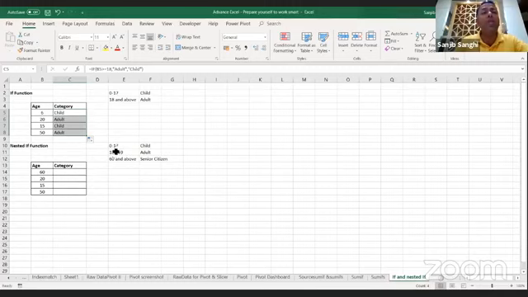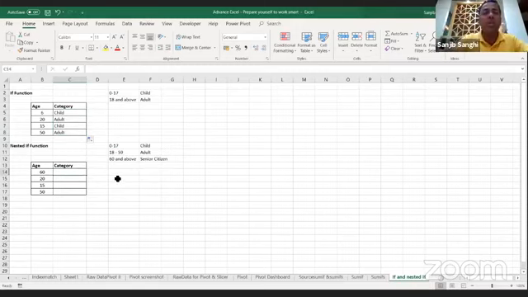And you can even do it for multiple conditions. Here, there was only a single condition. If you want to create an if within an if, so you can have multiple if commands in a single command, you can even do that. In this case, I'm trying to say 0 to 17 is a child, 18 to 59 is adult, and 60 and above is a senior citizen.